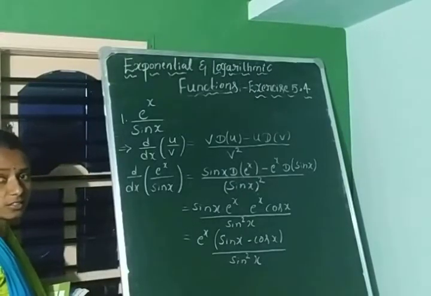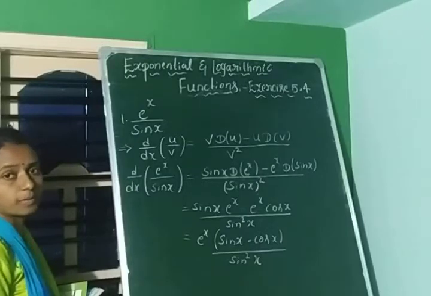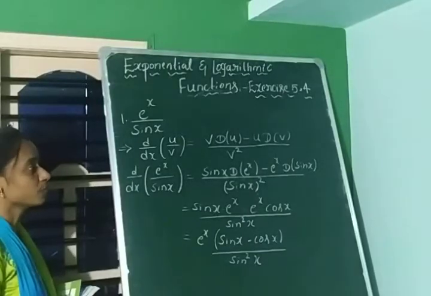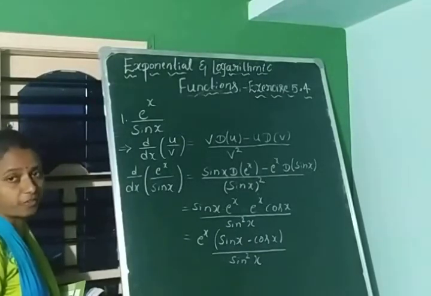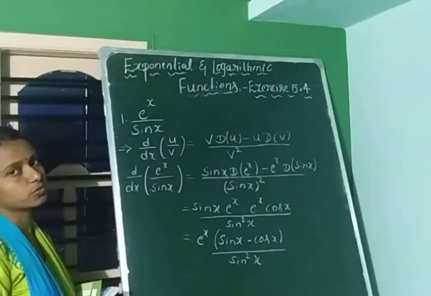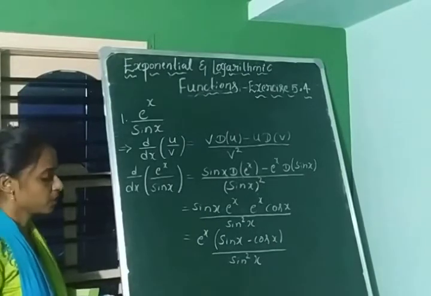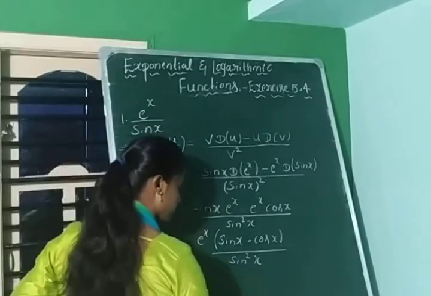Hope you guys understood. We apply the quotient rule when numerator and denominator are two different functions. Is it clear? So the second one is